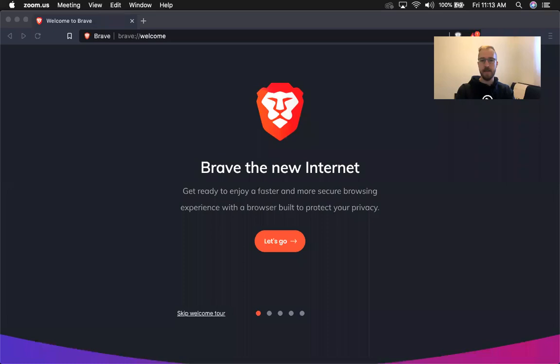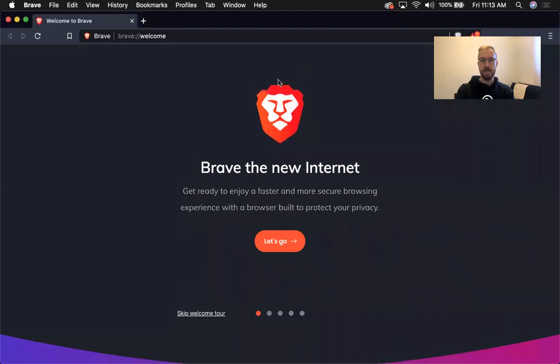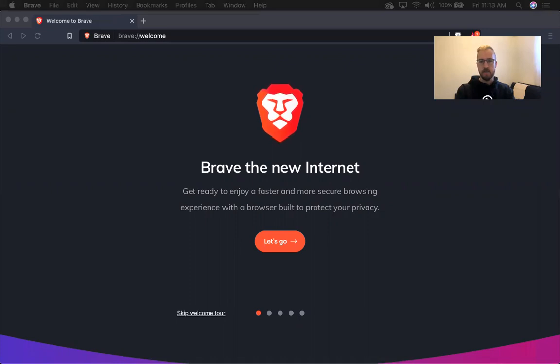So I'm going to go ahead and share my screen with you, and hopefully this will work and give you a sneak peek at what this all looks like and how you can use Zoom without installing the software. All right, so here's a look at Zoom, or I mean at Brave, and I've created a Zoom meeting just to use for this, so I'm gonna use that meeting link to show you what it looks like when you try to join